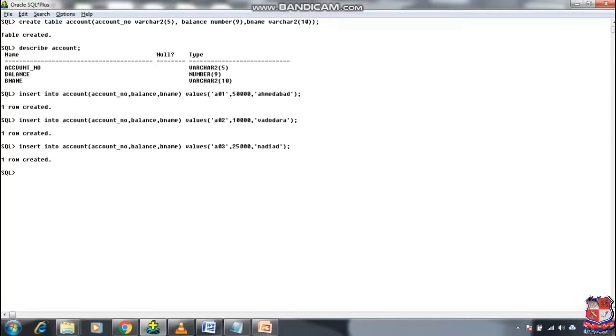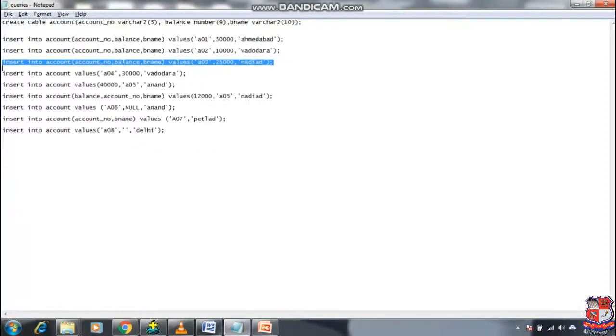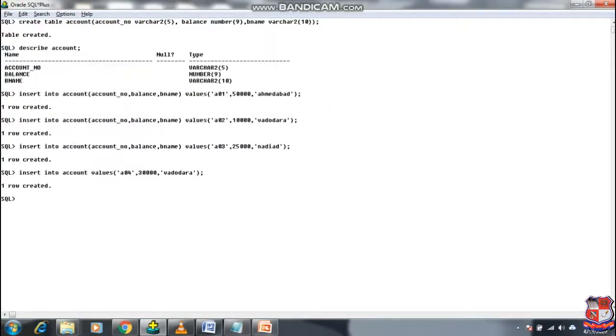Now let me insert using the second format. As you can see here, I did not specify the column names, but I directly gave the values in the same order of the columns, that is the account number, the amount and the branch name. But if suppose I change this order, then it will give me an error.